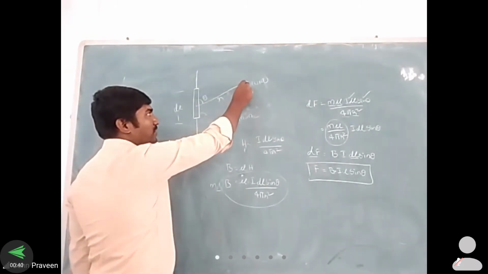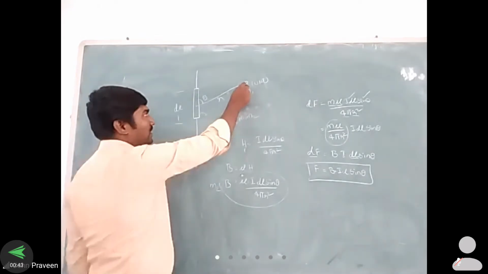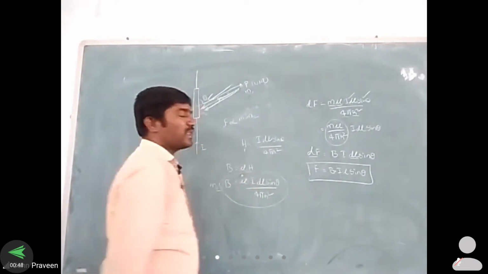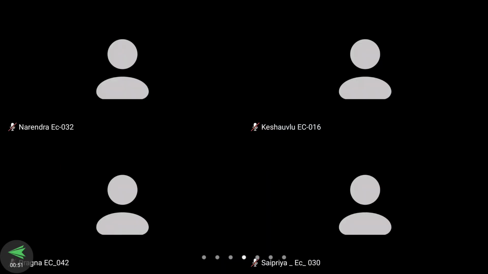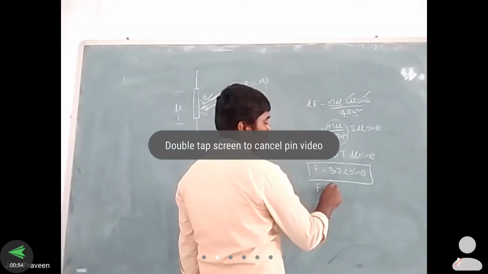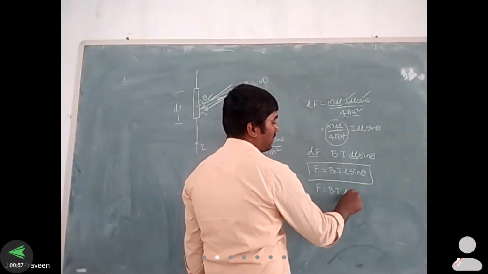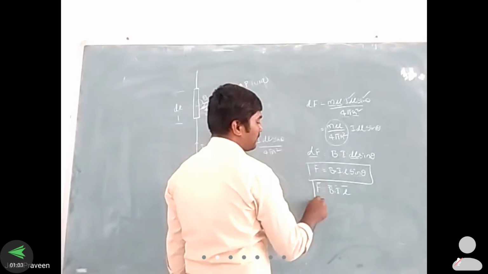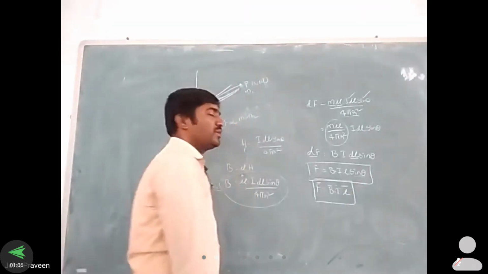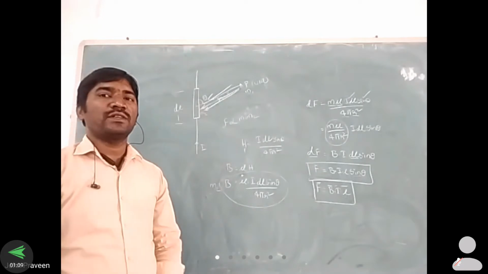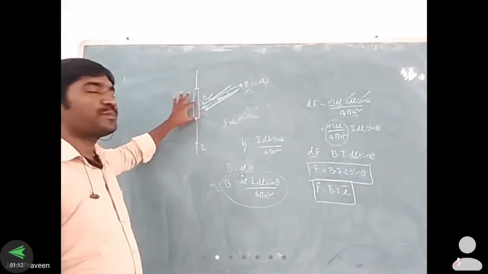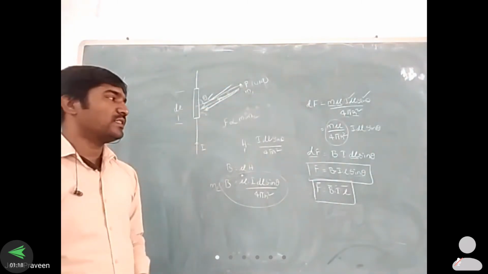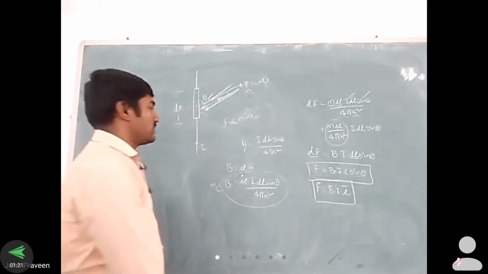So if we understand that the force exists at this point P, the force is acting on the conductor. So F is equal to BIL sin theta. If you want to represent it in vector form, F is equal to B into I into L. Here we are neglecting sin theta. Therefore the F vector is equal to B into I into L. So this is the force equation for the conductor when a unit pole is placed at a point P. These are the things we have discussed in the last class.